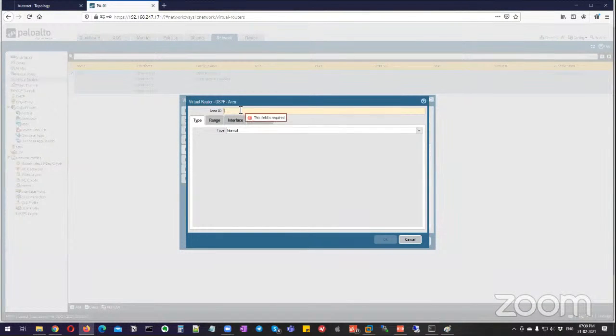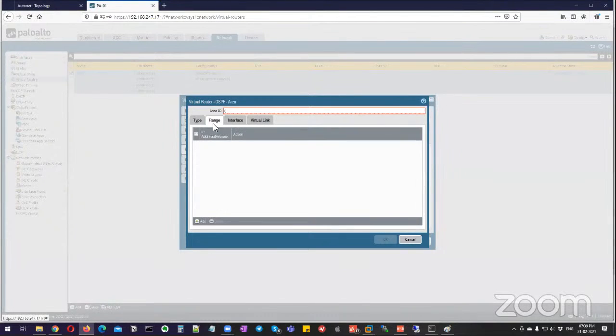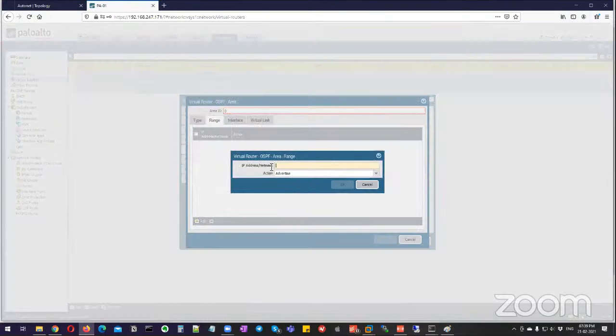So what is your area? It is 0. It is a normal area, stub area, and NSSA. So guys, I am assuming you know about the stub and NSSA. If not, then it's okay, no problem. Then your IP address 16.101/